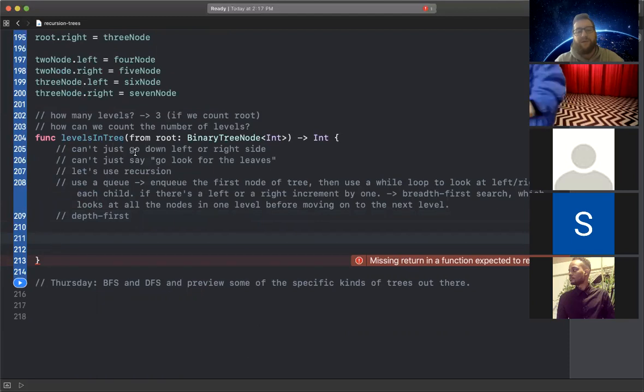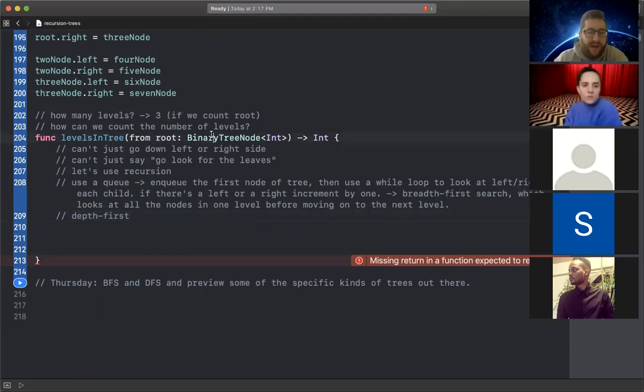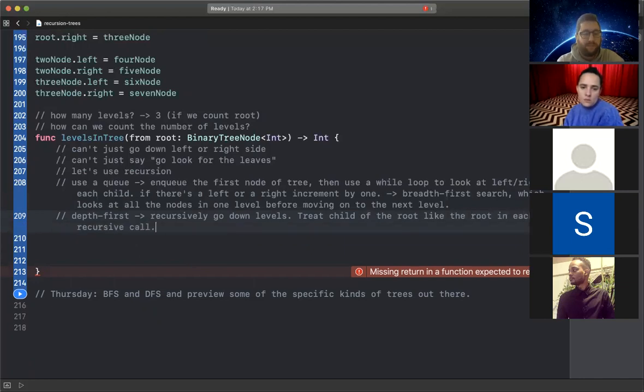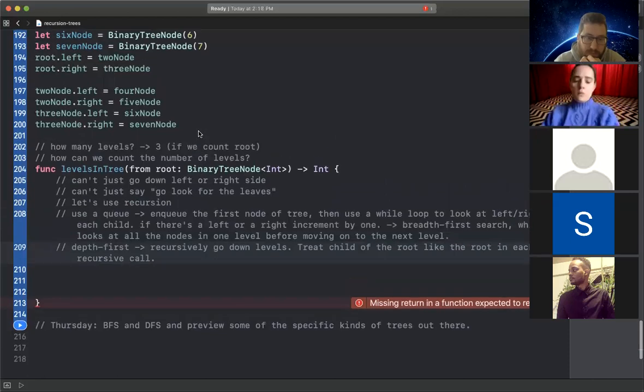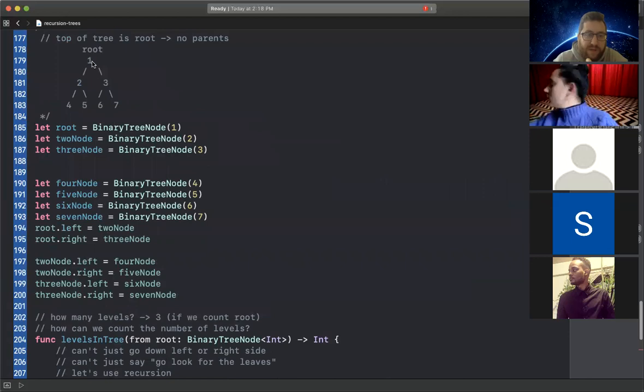How can I use this recursively? If this is the root, then how am I able to do it with anything that's not the root? Setting the root to its children. Yep. Treat the child of the root like the root in each recursive call. Right? The root is just a binary tree node. There's nothing special about it. And check this out. If I say 1 is the root,